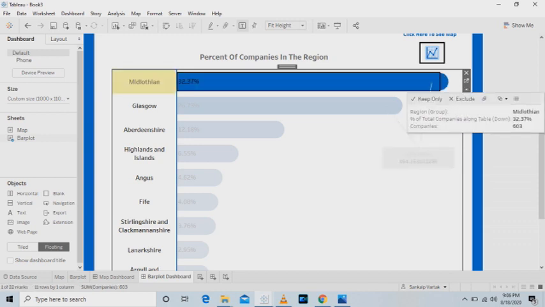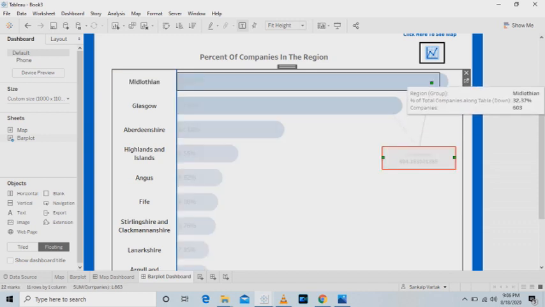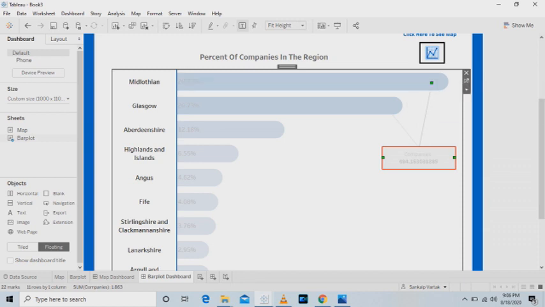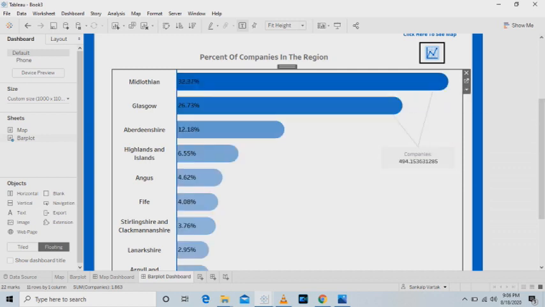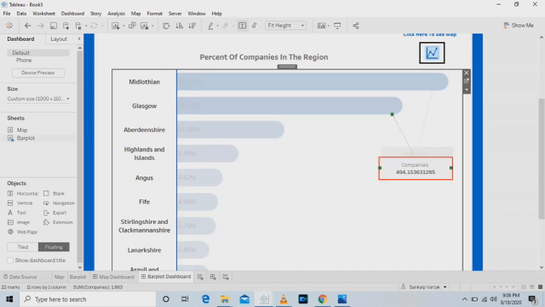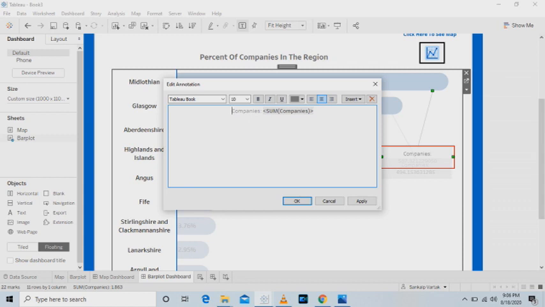Now adjust the lines. Out of the two boxes, one box should be empty. So you have to remove this box by removing the contents of it. Click on apply, OK.